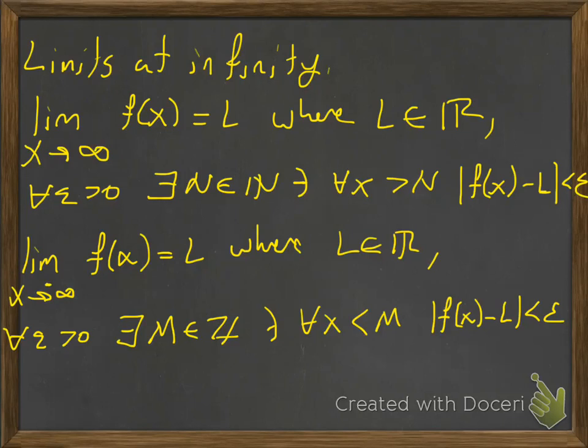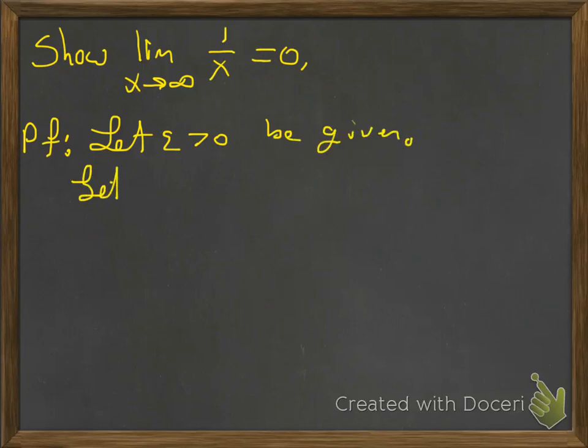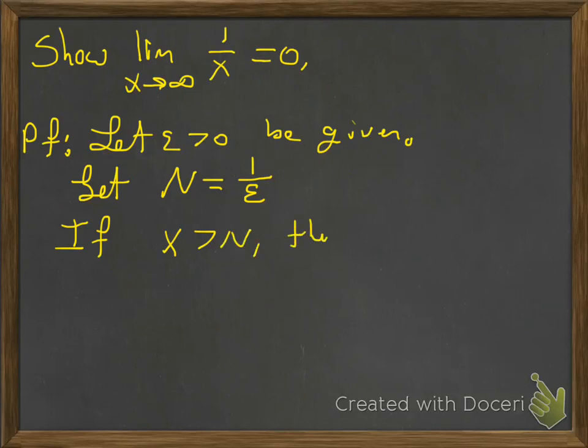All right, so I'm going to do an example with a reciprocal function to kind of illustrate this. We're going to show that the limit as x approaches infinity of 1 over x is equal to 0. So for our proof, we're going to let epsilon greater than 0 be given. Okay, and what I'm going to do is choose, and here's where maybe it's not quite a natural number, but it works for real numbers too. So anyway, we're going to let n equal 1 over epsilon. So if x is greater than 1 over epsilon, which is our n,